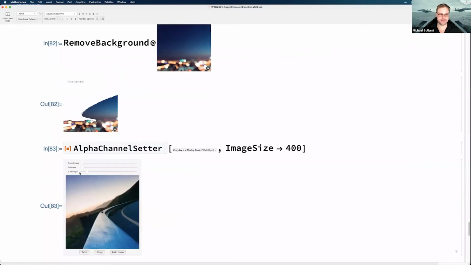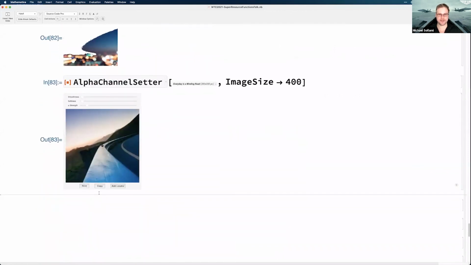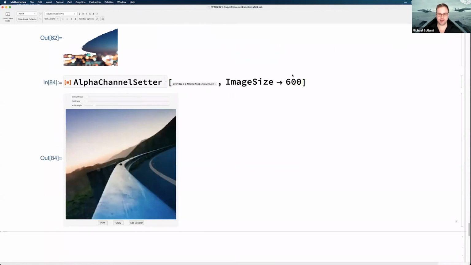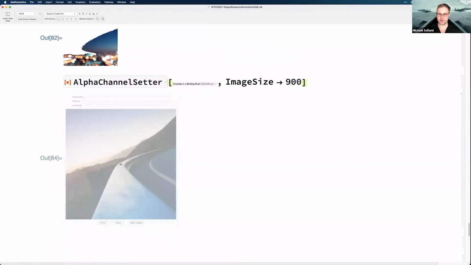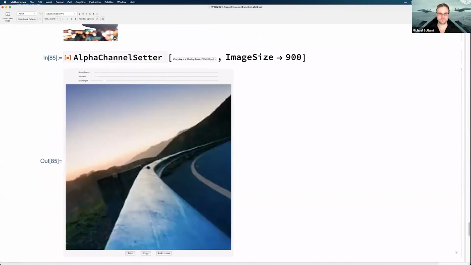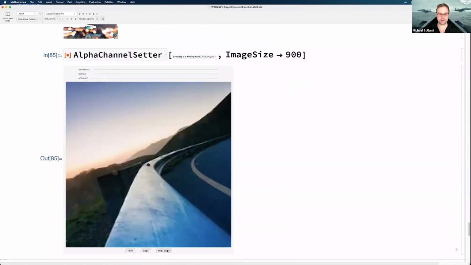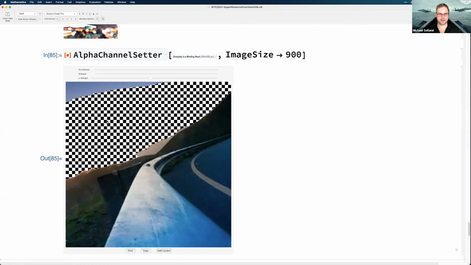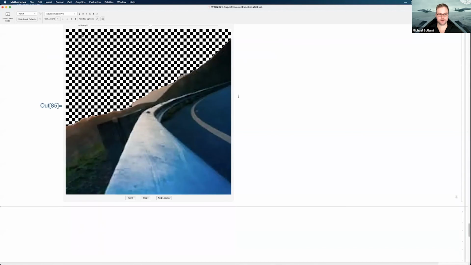If remove background doesn't work, what do you do? Well, you can. Let's make this bigger. You can use locators. So let's do that. Let's add a locator here. And now let's move around, increase the strength. Let's move this guy down here. Let's add another locator over here. And now we have a good